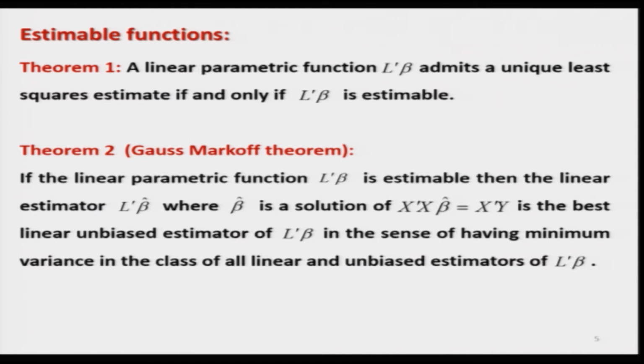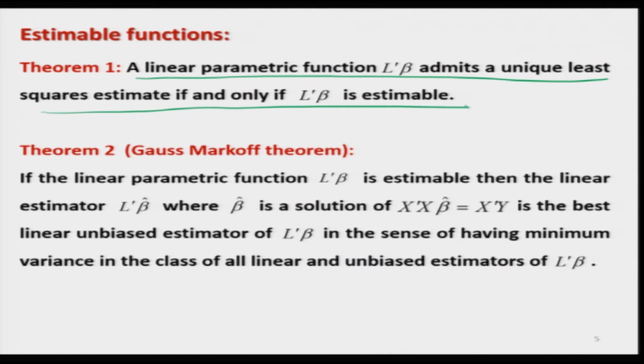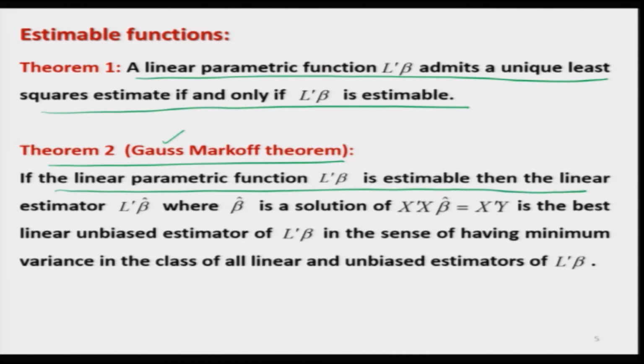So, the first theorem is: a linear parametric function L transpose beta admits a unique least square estimate if and only if L transpose beta is estimable. This is my theorem 1. And theorem 2 here is also called the Gauss-Markov theorem, and this theorem says that if the linear parametric function L transpose beta is estimable, that is the first condition, then the linear estimator L transpose beta hat,